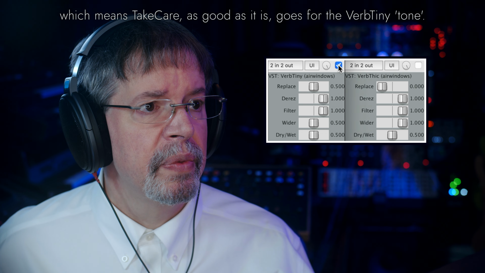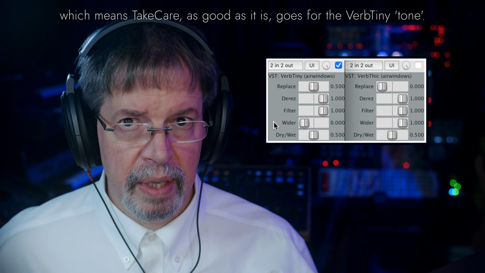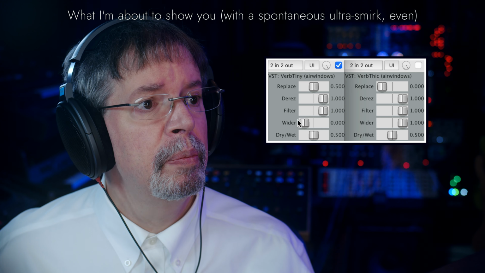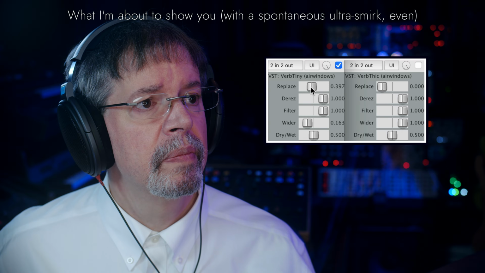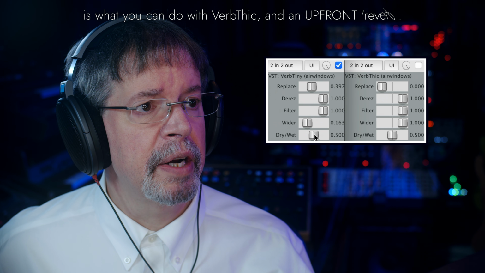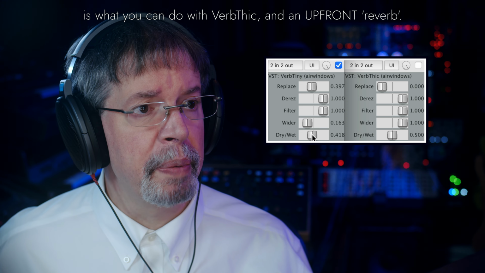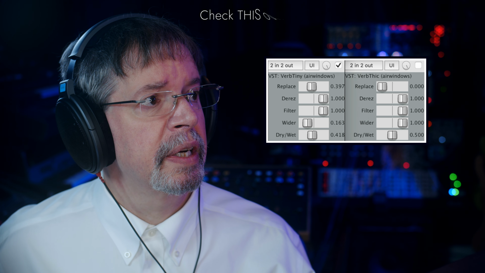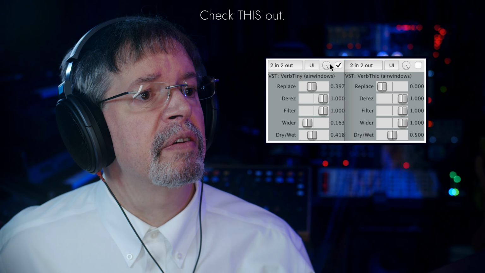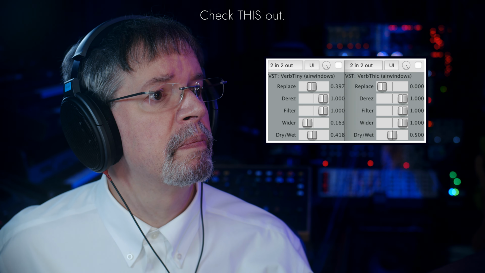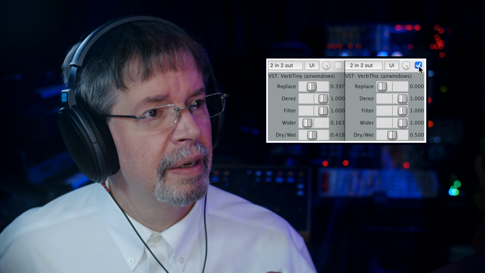And so you can put reverb in, of course. And we can have a fairly stereo reverb. It could be a little bit tighter in sound. And the reverb helps a little bit. But if it is realistic, well, it's not going to be dominating things too much. But then if we turn off the VerbTiny and we turn on VerbThic,